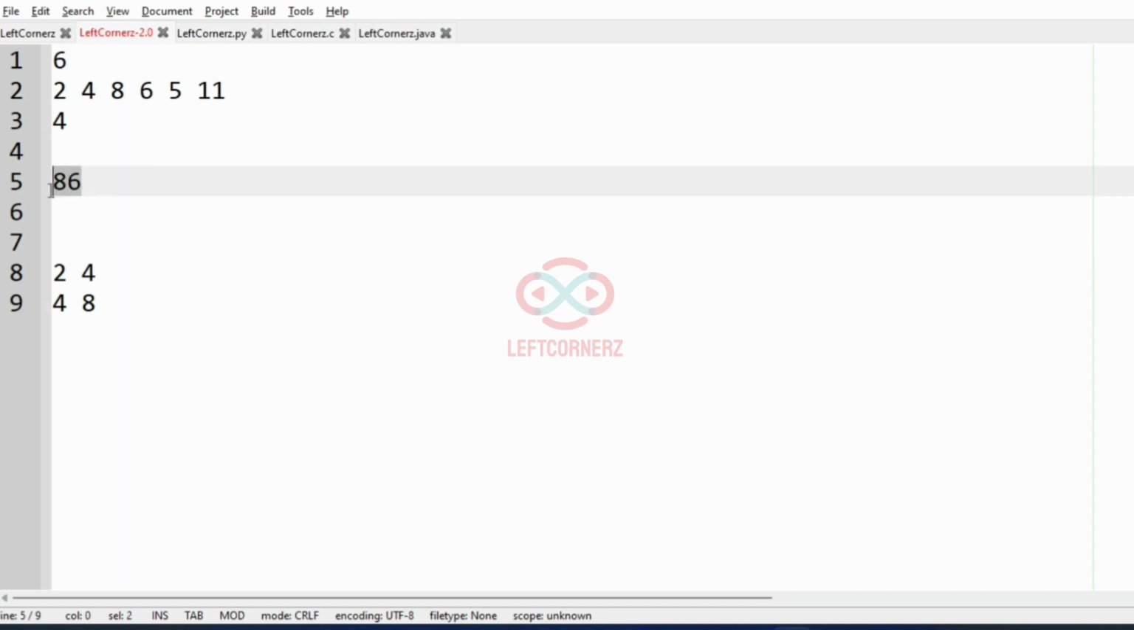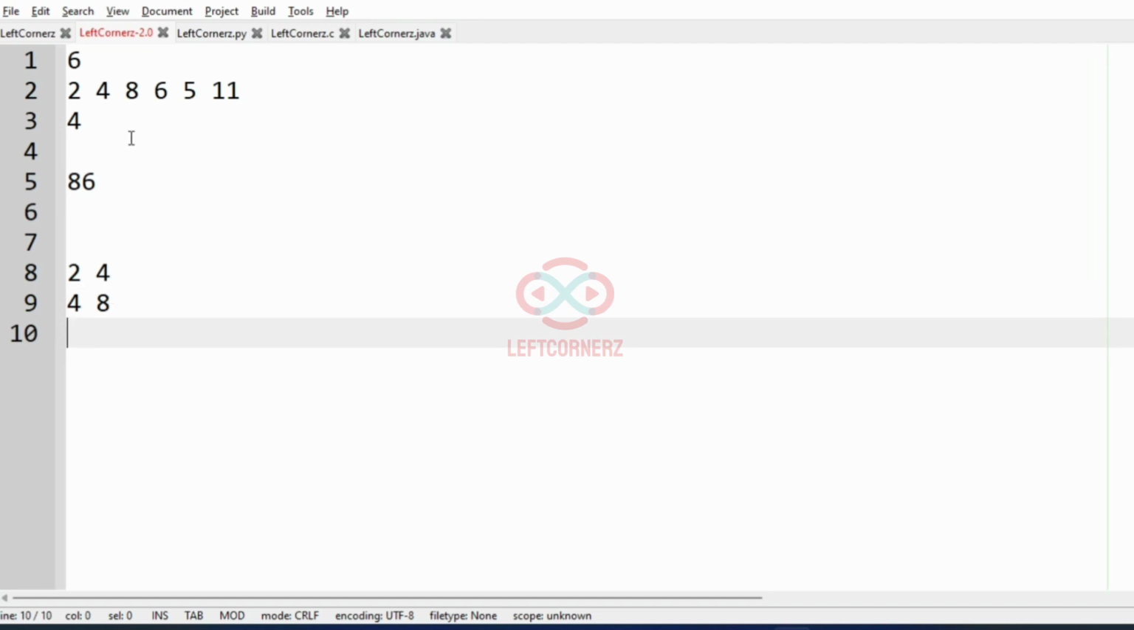right? So in such a case, what we have to do is reverse it, so it becomes 68, and now it is divisible by 4, so we'll print 68, and then we'll move to the next two integers, that is 6 and 5,